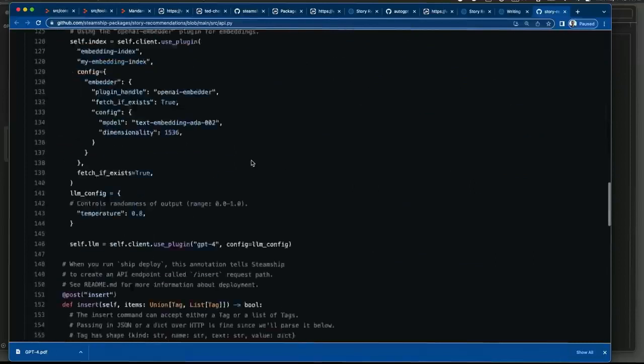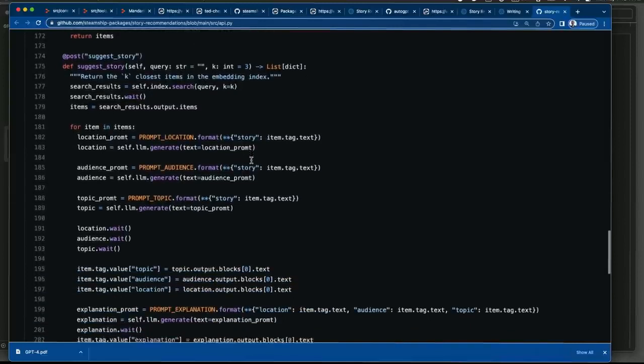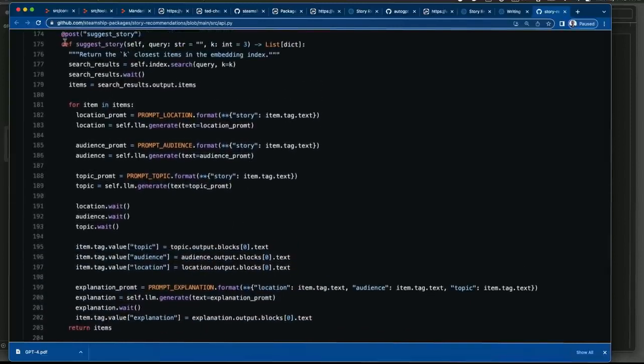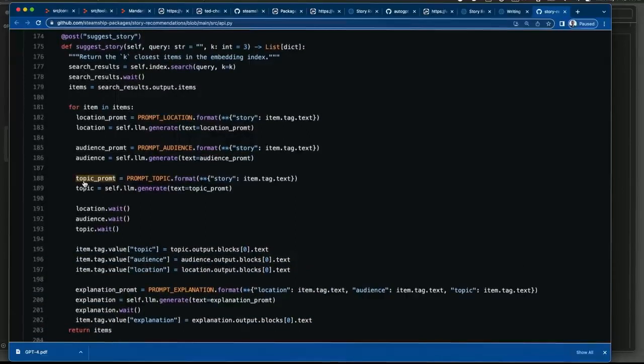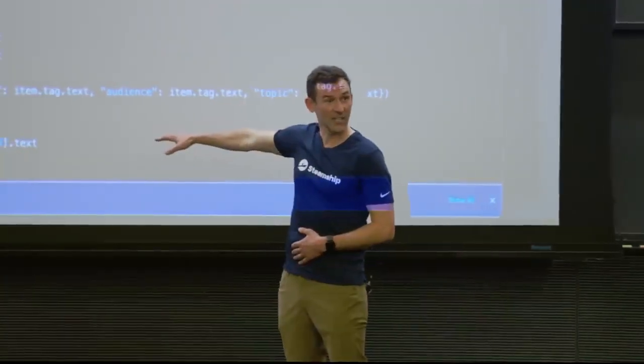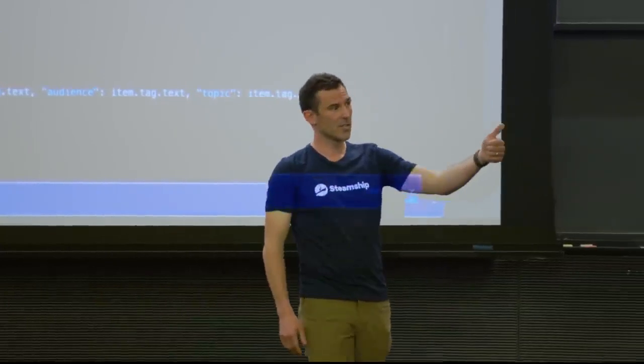And if you go down here and look at how it was done, suggesting the story is, what is this? Line 174 to line 203. It really is, and again, over and over again, I want to impress upon you, this really is within reach. It's really just 20 odd lines of step 1, search in the database for similar stories. Step 2, given that I have similar stories, pull out the data.